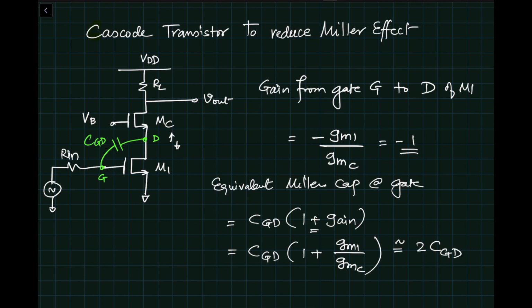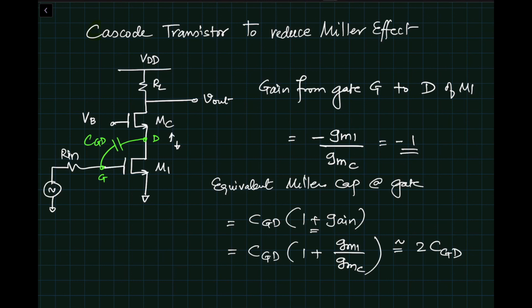So CGD is quite small. CGS is very large, but CGD is quite small because it represents overlap capacitance. And you can see earlier we had the whole gain of GM R out of the transistor multiplying CGD, and that can be 10 to 50, so it could be a large number. In this particular case, it's just 2 CGD, so it's not that bad. So we can say that the cascode stage will reduce the Miller effect impact without really reducing the gain.